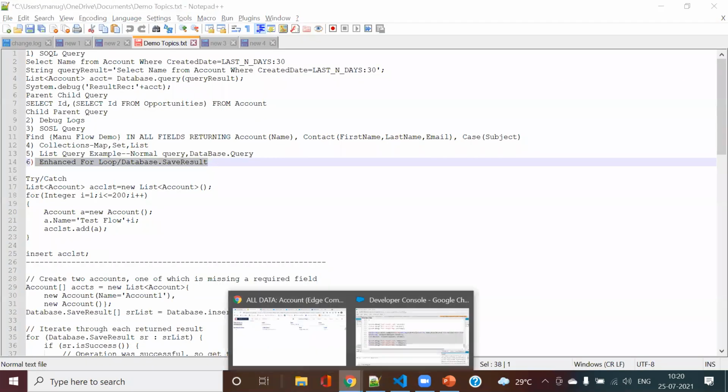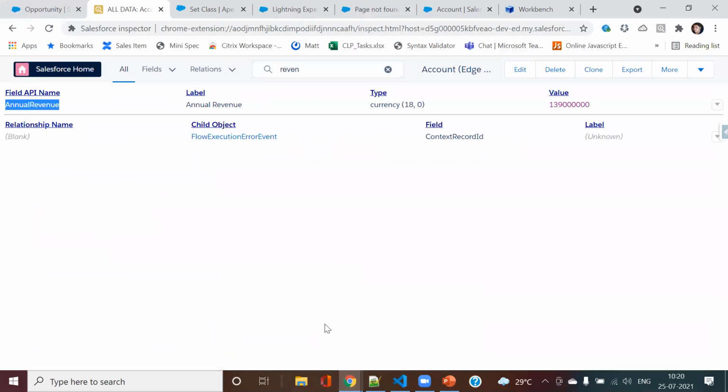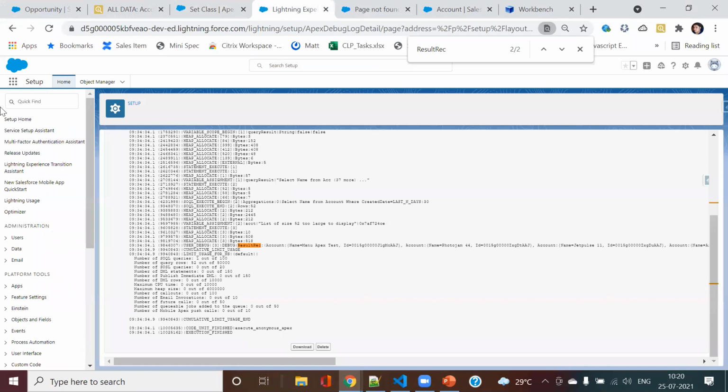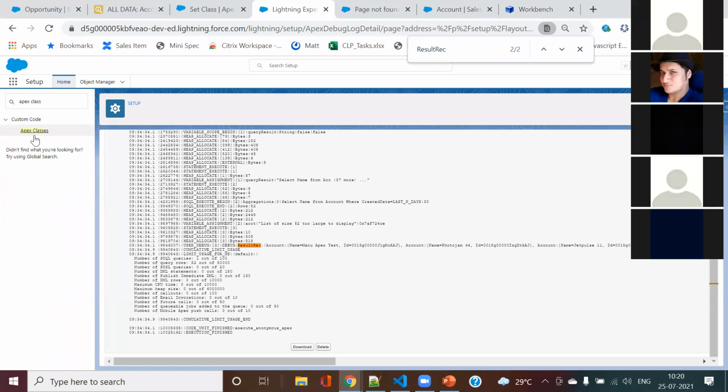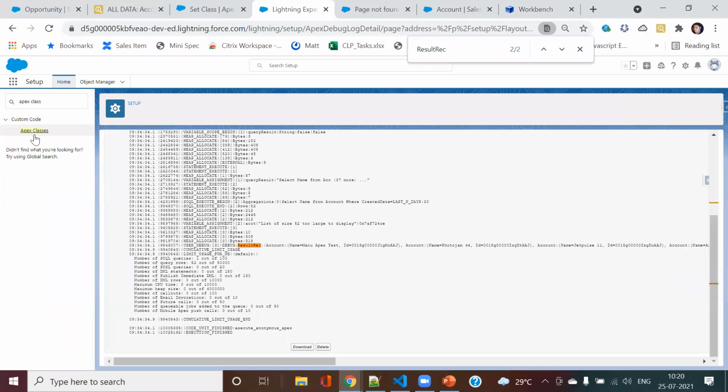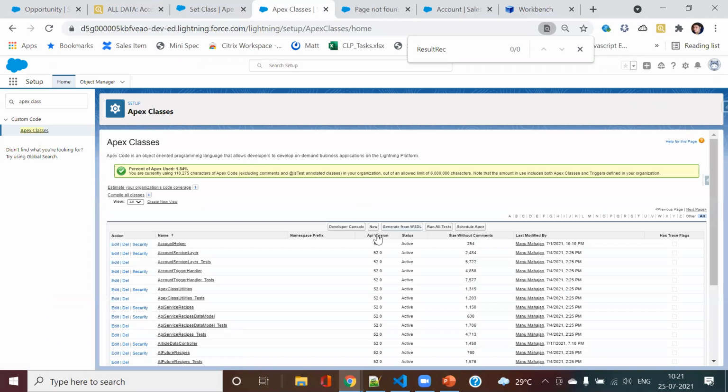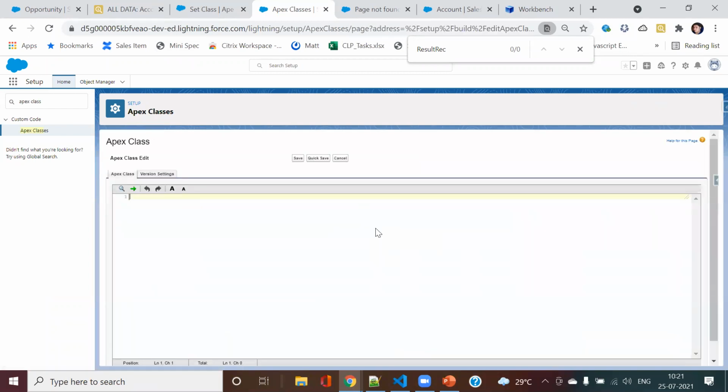In case I need to create an Apex class, there are a number of ways. One way I will show you from Salesforce. Apart from this, I will show you one more way also. We have a tool called VS Code, Visual Studio Code, also in Salesforce, that I will also show you. So here, just search Apex class. Here you just need to click on new. So I went into my setup, searched Apex class, and here you can just write the code.